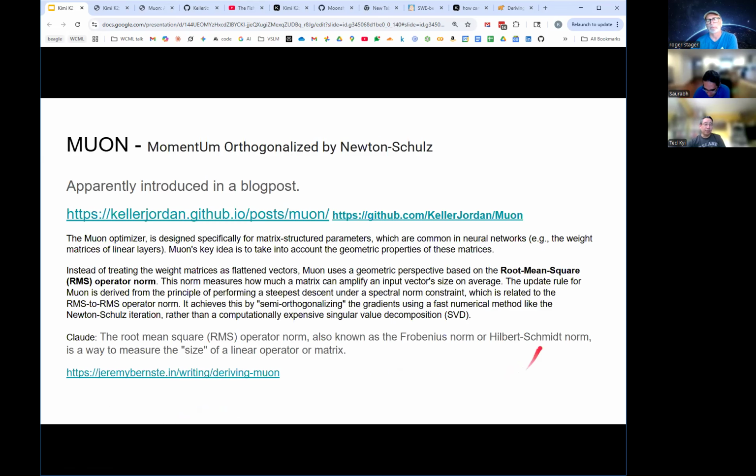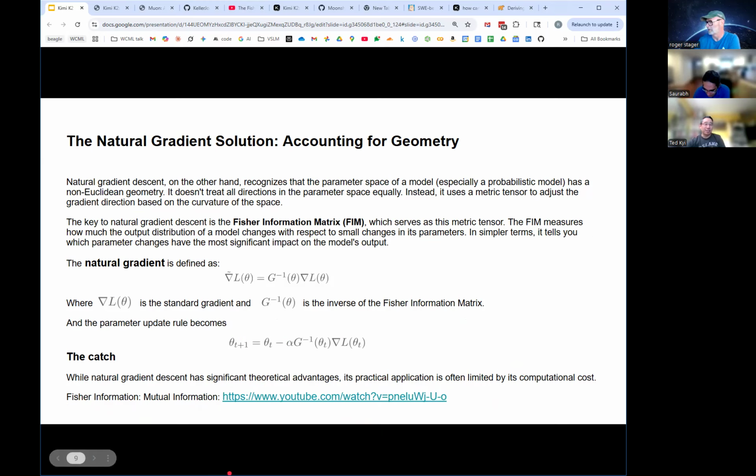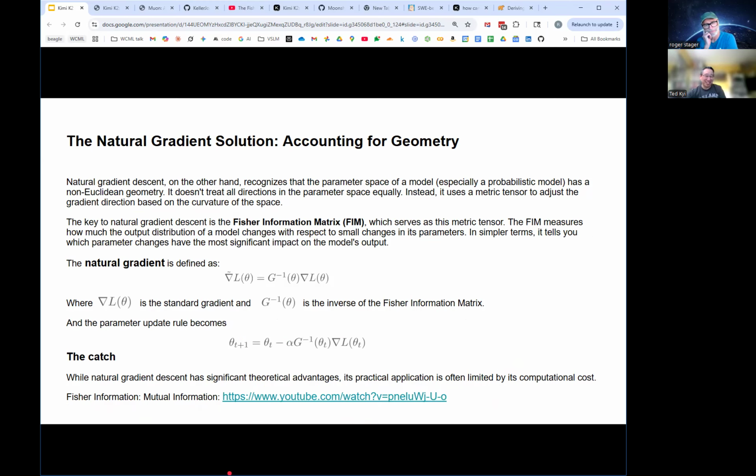Mutual Information is the podcast that goes over the information matrix and what that means and how it works. Hey, Roger. I say this as a joke, not serious, but try to figure out how many operations it takes to calculate the inverse of a 1 trillion by 1 trillion square matrix, since K2 is a trillion parameters. Yeah, I think a naive inverse is n cubed. So a trillion is 10 to the 12th, so it'd be like 10 to the 36th operations to invert that.